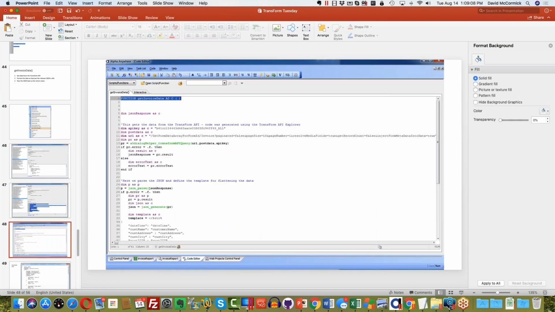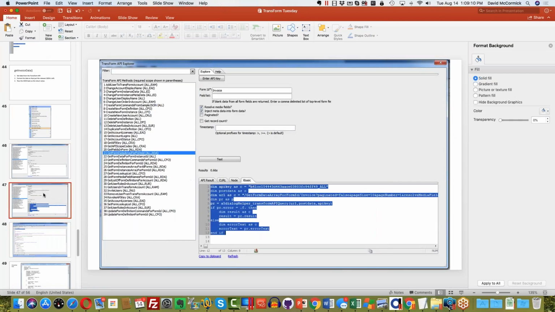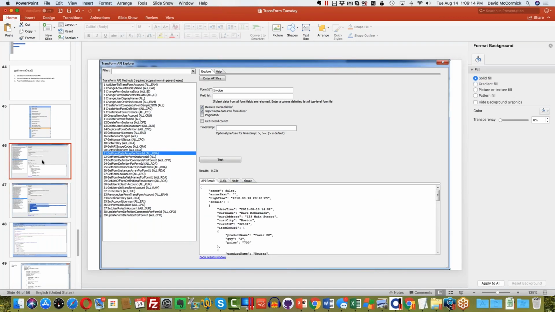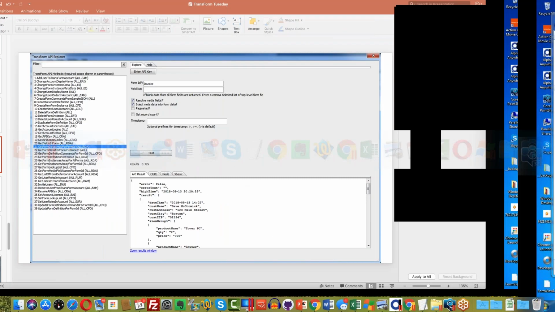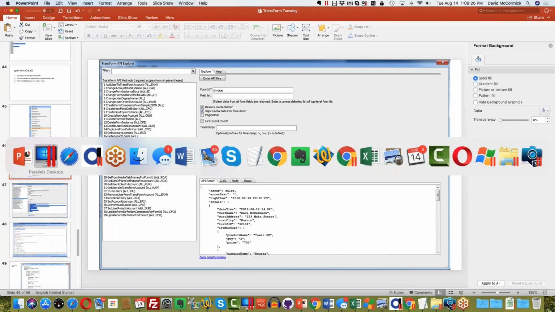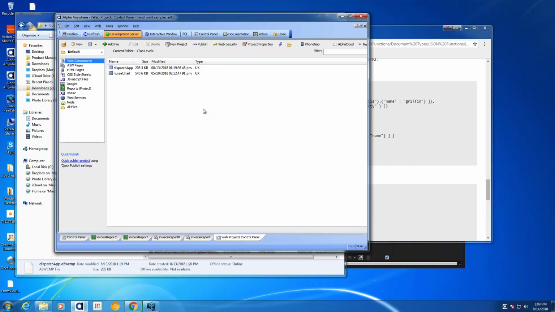The JSON that you get back, I'll get to that in a second. First of all, I see that I'm getting the JSON back, and it does contain the data that I need. So the question is, how do I write the code to do that? All I have to do in Alpha Anywhere, once I've set up the example the way that I want it, is pop over to Alpha Anywhere,